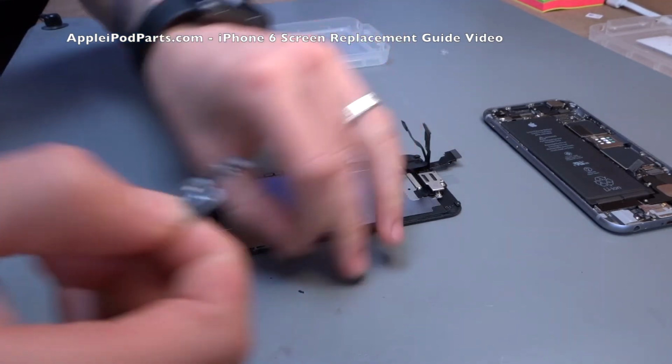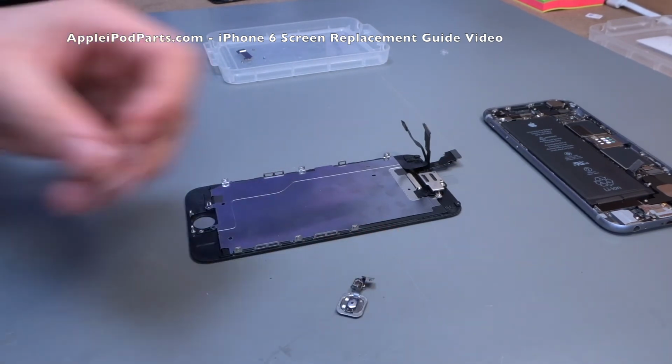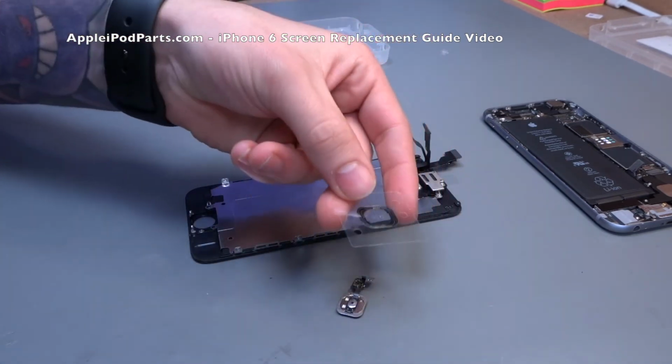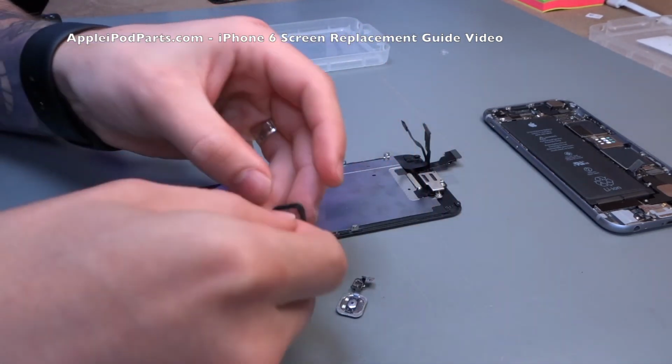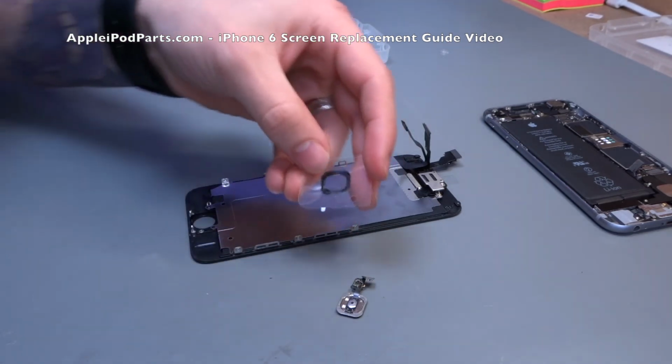So we're going to get a new one of those gaskets. And as I mentioned, you need to make sure that all the screws that you take out, you know exactly where they're going to go back in. Otherwise you can do more damage than you know. So the gasket out of our stores and obviously off of our website,